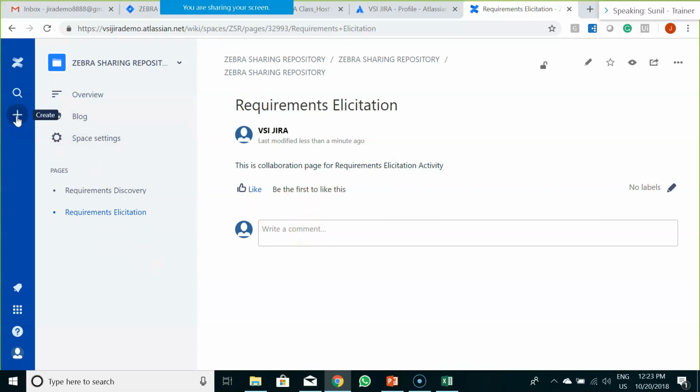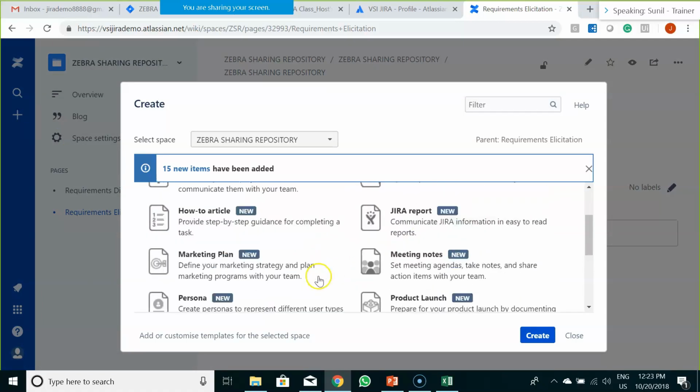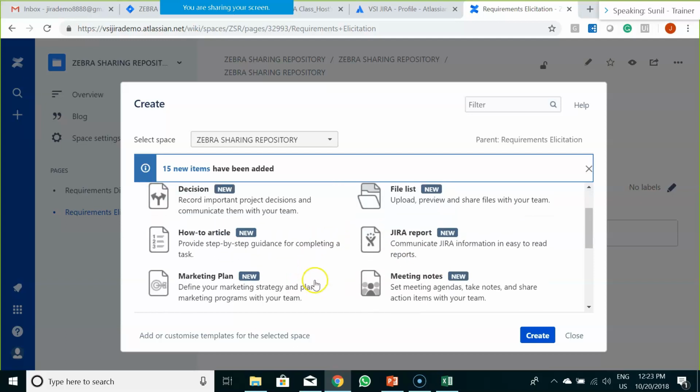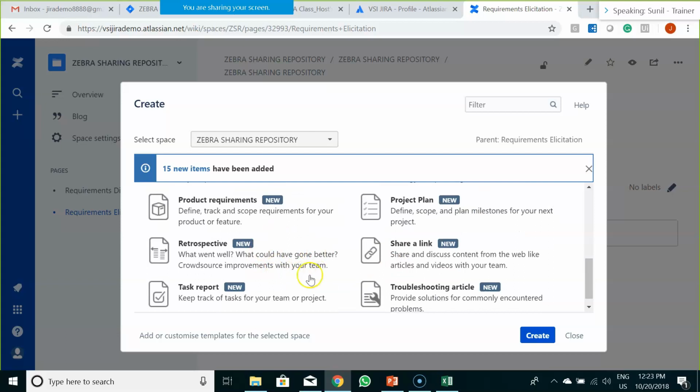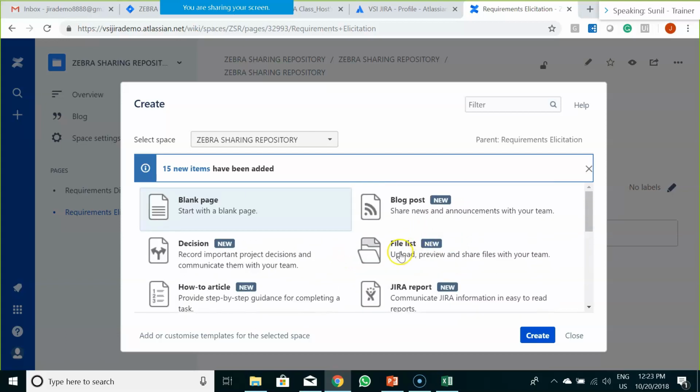When you click on this plus icon, it asks what type of activity you want to do: whether you want to create a file list wherein you would upload a copy of a document to be shared by different stakeholders, create an article, create a Jira report, or do project planning, product requirement retrospective. So depending on your needs, you can do different activities.